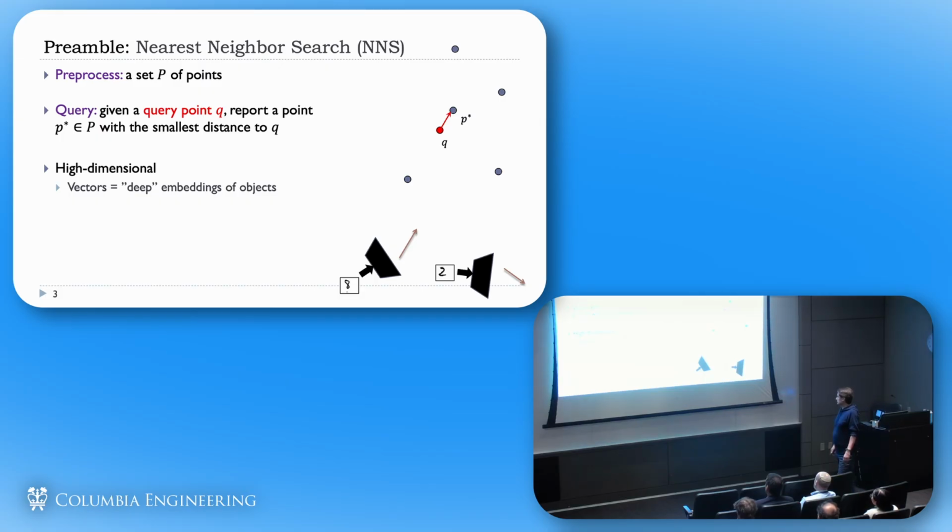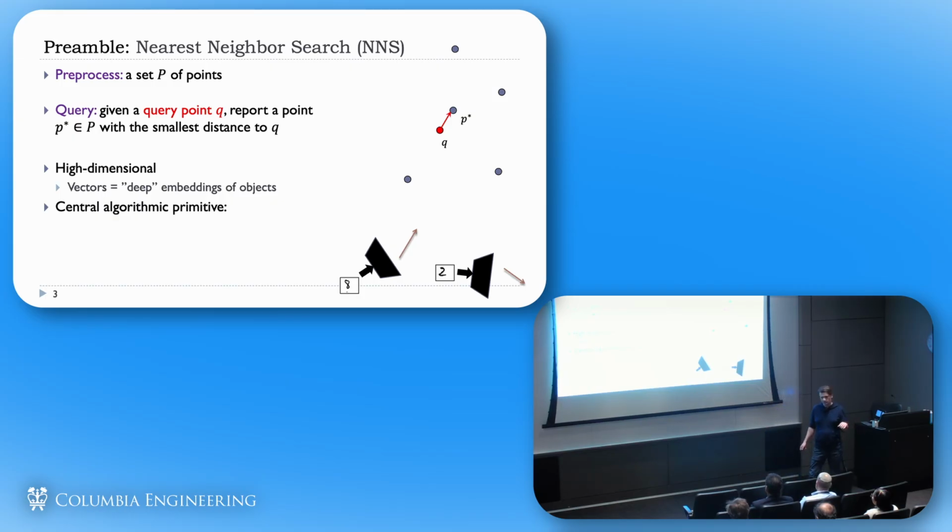And this has many applications. So first of all, nearest neighbor search is a standard machine learning classification algorithm. This is something that has been there for decades. And nowadays, classification in ML is not done that way anymore, but the core algorithmic question still remains the same inside the ML pipeline, as I'll explain a little bit later.